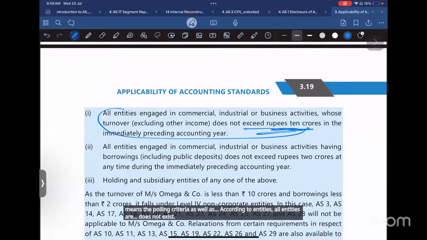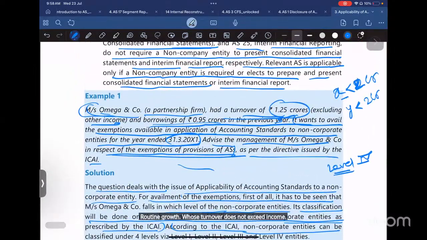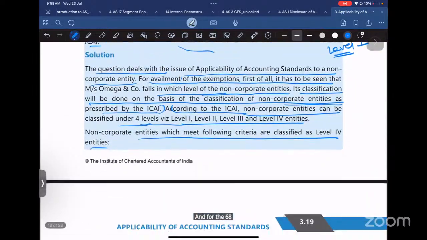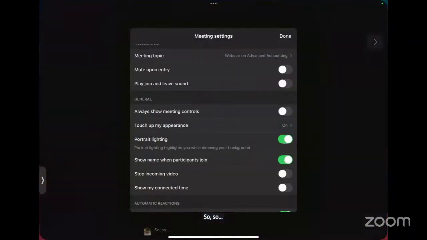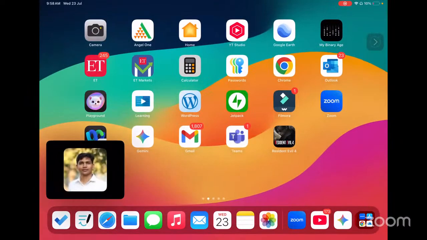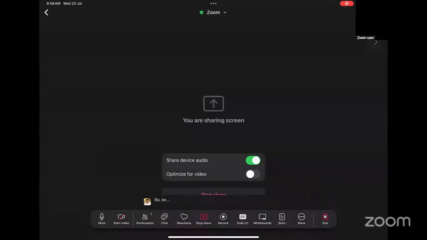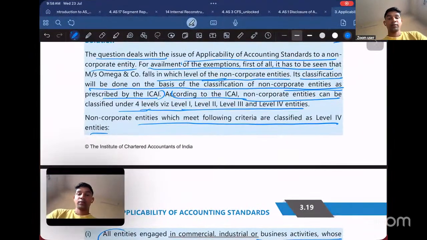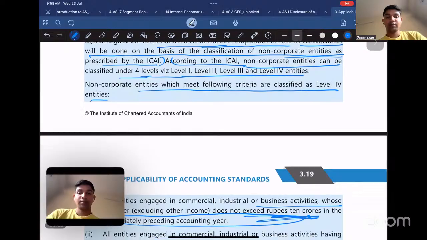Entities whose turnover does not exceed 10 crore. Here it is 10 crore minimum because 250, 50, 10, and for you 50, 10, and 2. Just look at this. So here we can see